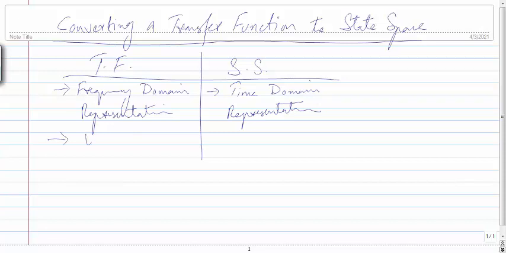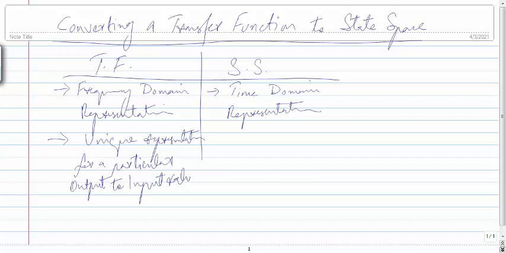Secondly, a transfer function is a unique representation for a particular output to input ratio. What does this mean? If I write a transfer function for a particular output to input, I get the same result if someone else does it for the same input. So it normally is unique,